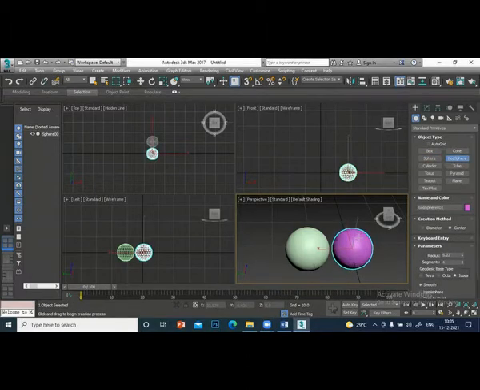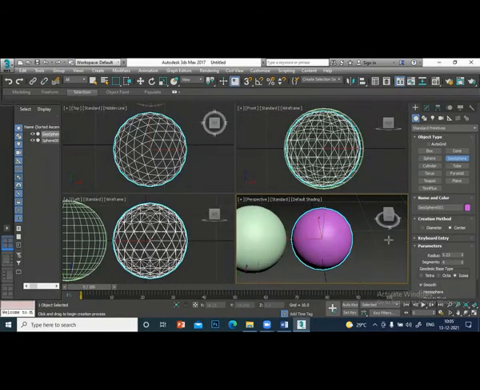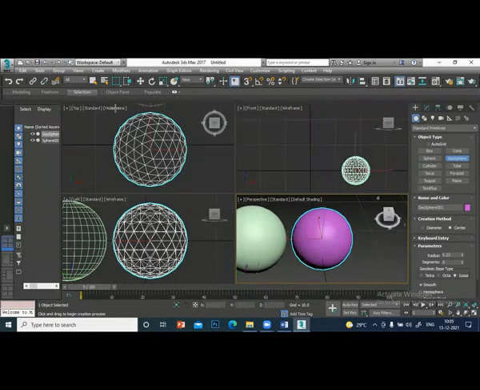You see there is a slight difference in geosphere. The segments are different.